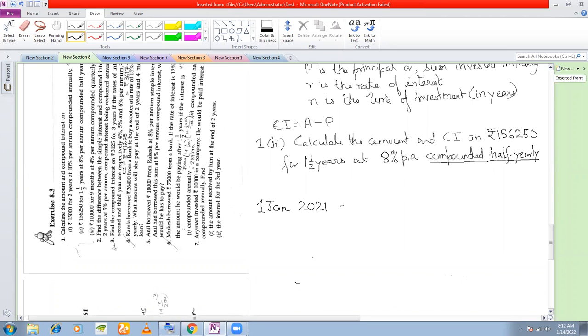If the interest is compounded annually, then I will get my interest on 31st December 2021. But if some other person makes the same investment on 1st January 2021, and his compound interest is compounded half yearly,